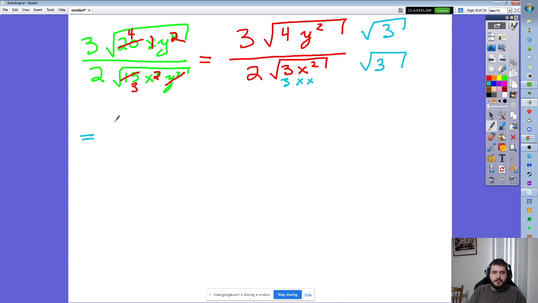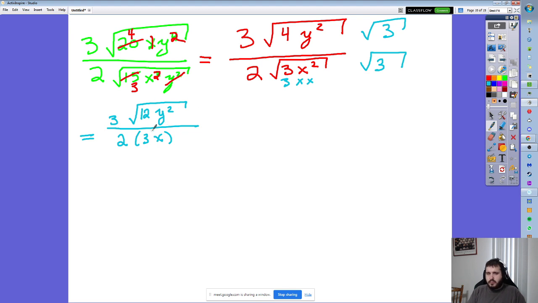So let's go ahead. We've got 3. And now all the stuff on the inside is saturated. It pops out a 3 and an x. And on top, look, we got a 4, a y squared, and a 3. So 12y squared. And then now, as far as I'm concerned, this top here,